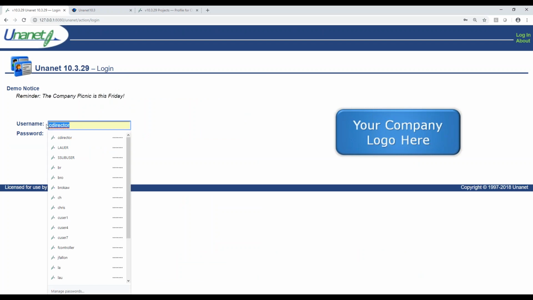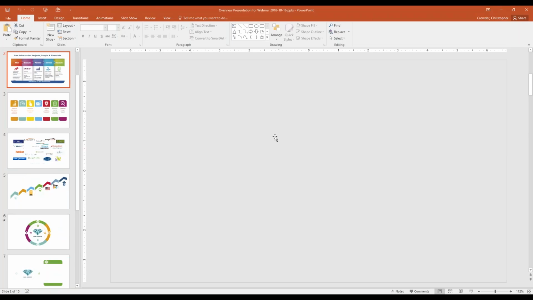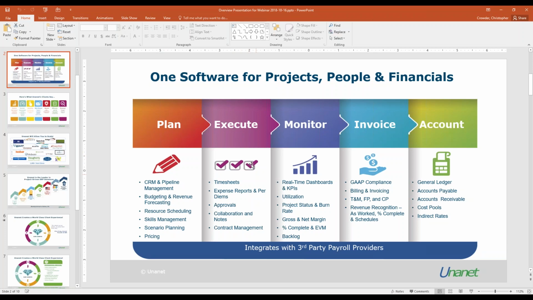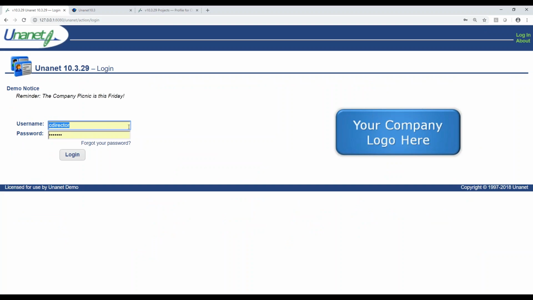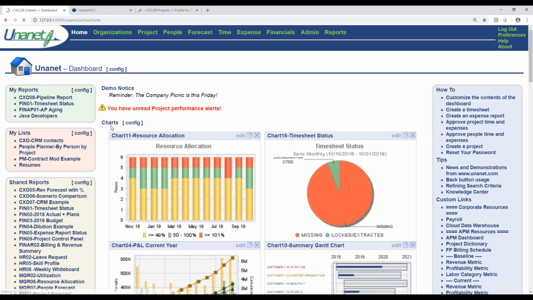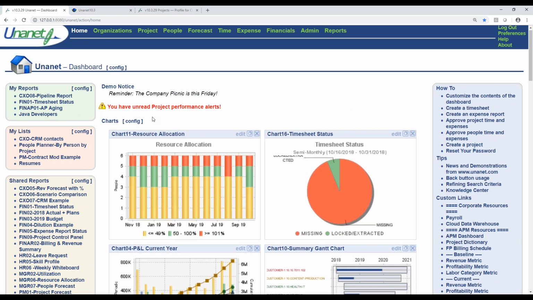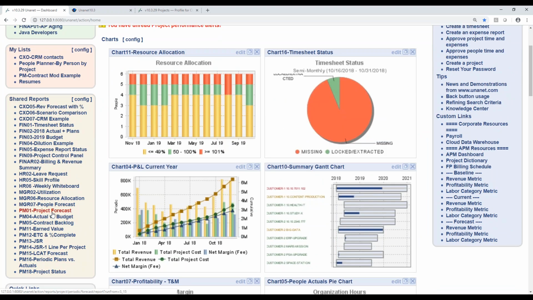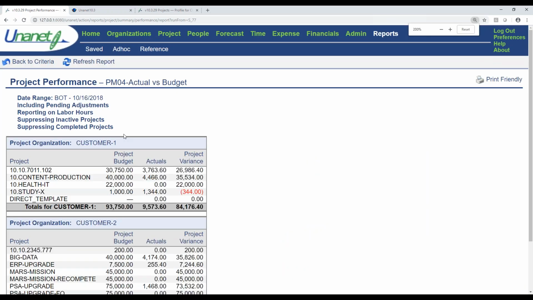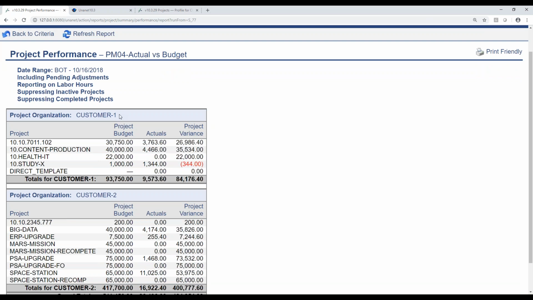All right, so continuing on, let me go back, and next we're going to go. We've done some planning, we've done some time and expense. So now let's look at some of the reporting in Unanet. So I'm going to re-authenticate into Unanet, and I'm going to look at this through the lens of an administrator in Unanet. So the first report that I want to show you is this simple, high-level budget actual. This report can actually be pretty advanced, but this is a nice place to start, where it's just showing me all the projects for this customer, what my budget is, what I've actually done, and what my variance remaining is.